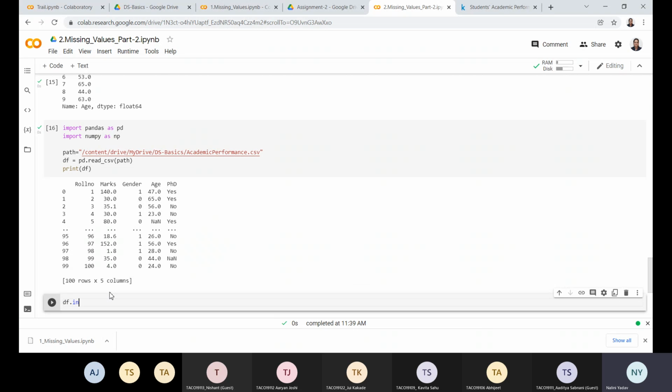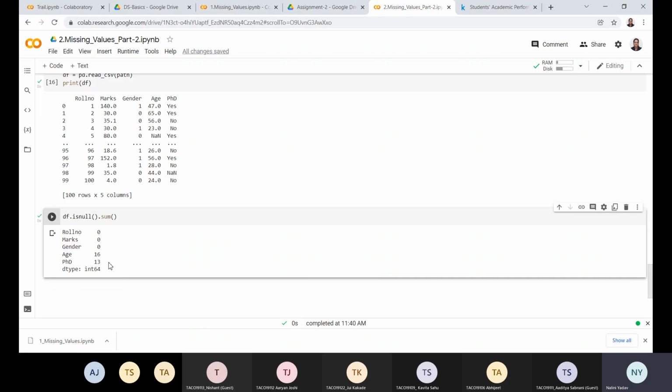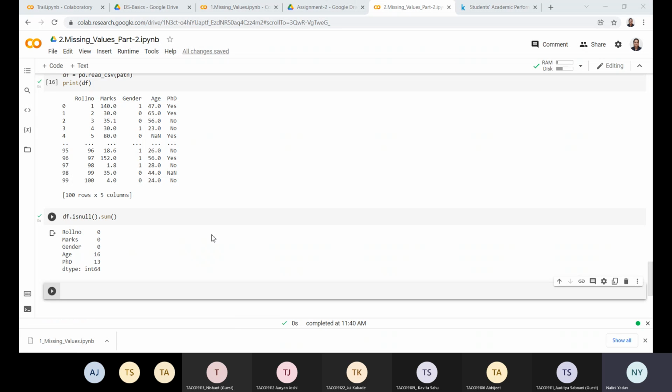So data set is null dot sum, correct, is null dot sum. So I have 16 missing values in one column and PhD, which is my categorical column, has 13 missing values, correct? So now I will try to replace the missing values of this PhD, correct? So a simple solution is to fill with any random value. So in my data set, I have this DF, my column is my PhD, correct, which is equal to DF,